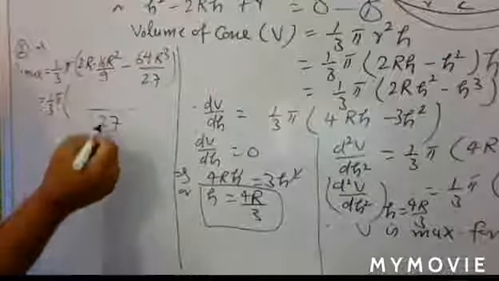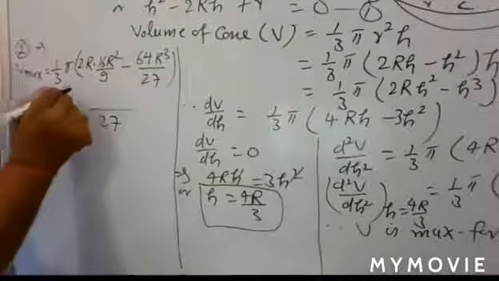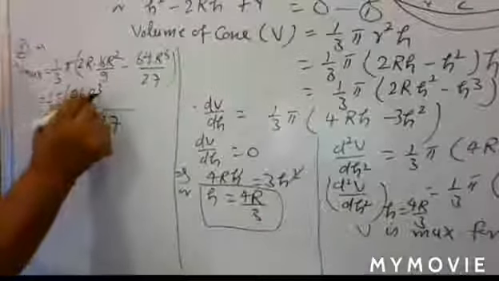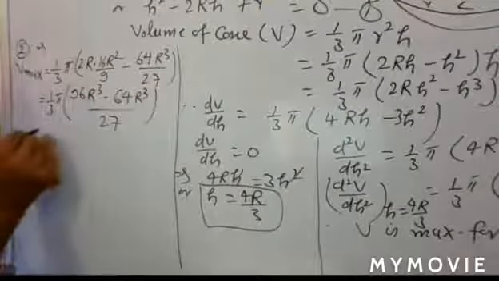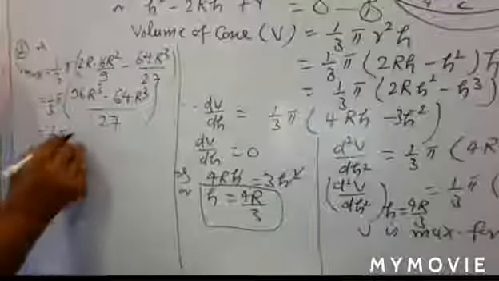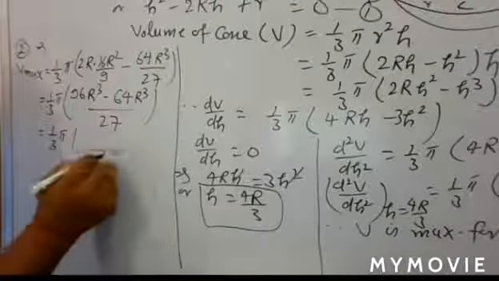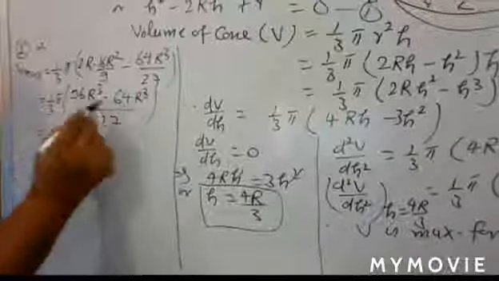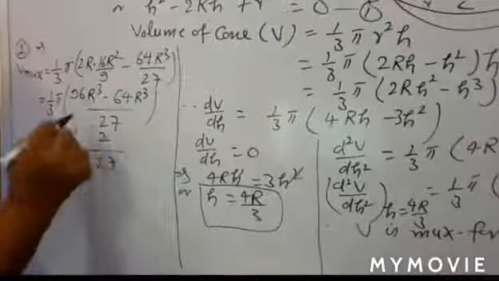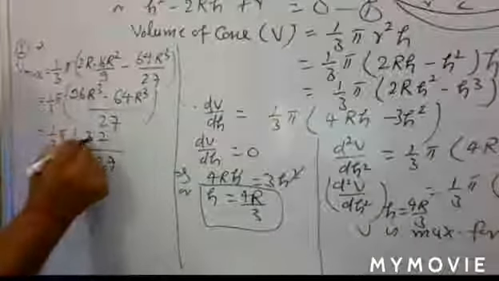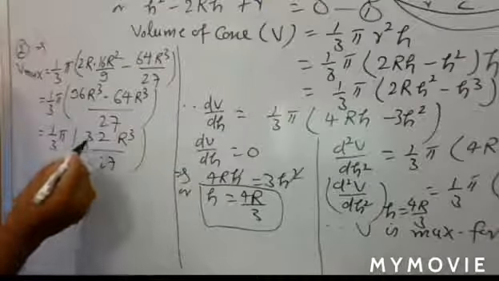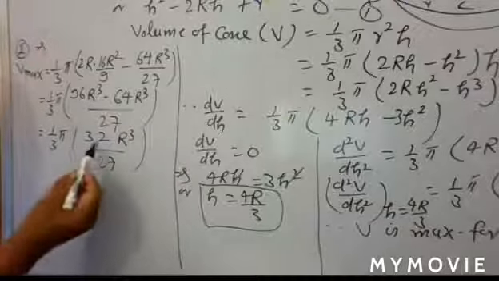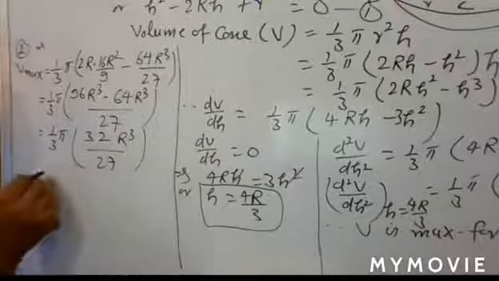So here you have 96 R cube minus 64 R cube. Simplifying it, 1 upon 3 pi, and here you have 27. Just subtract it: 96 minus 64 is 32, so here you have 32 R cube. Okay, so just to make it 4 pi R cube, so 1